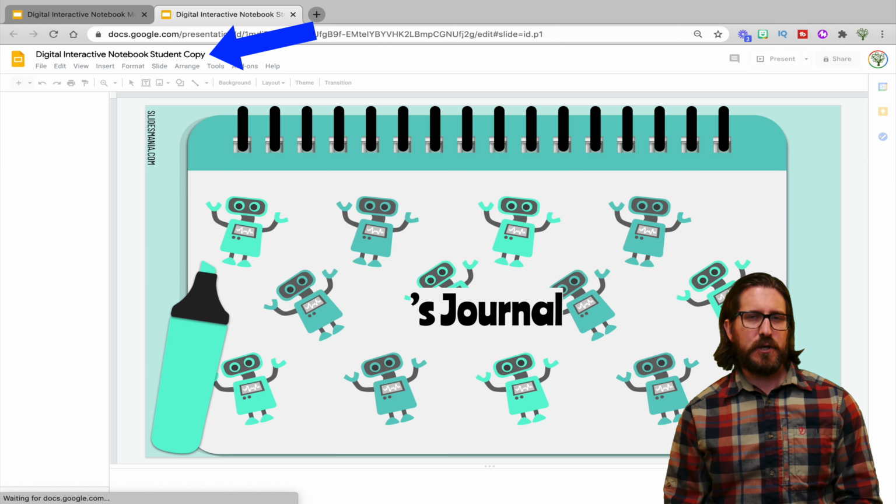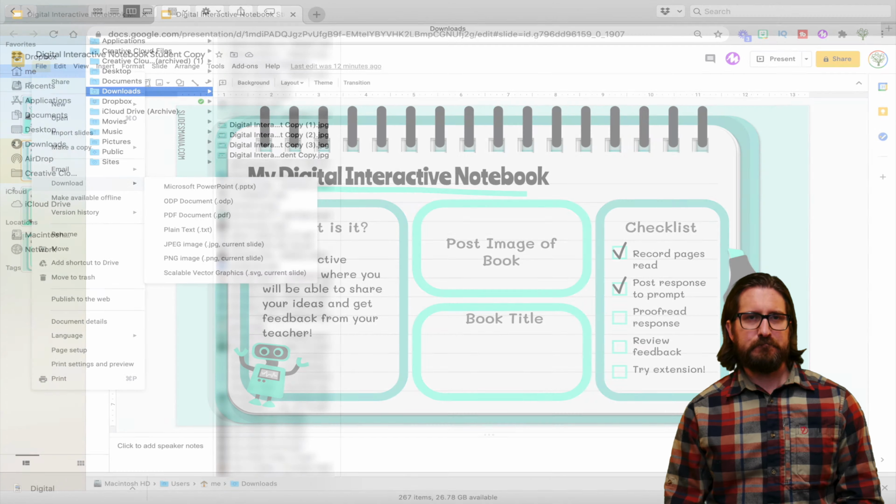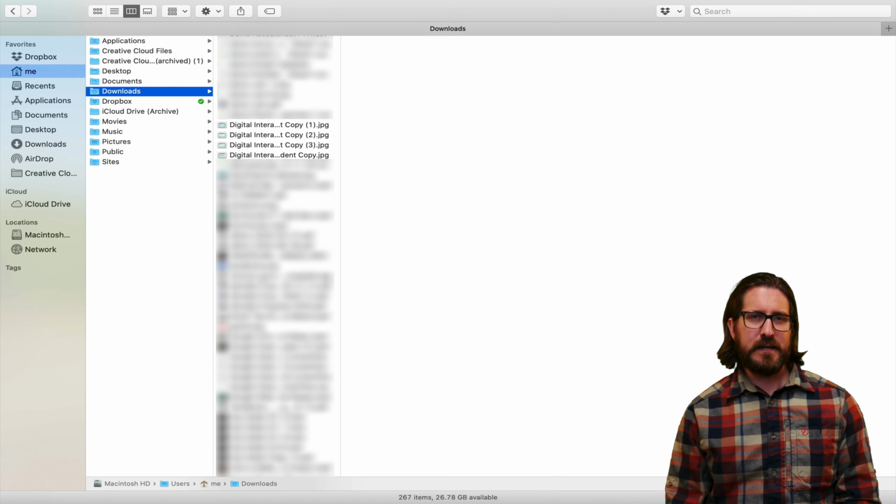Okay, now that I've set up my notebook and slides, I'm going to need to download them as image files in order to add them as backgrounds in Jamboard. To do that, go back up to File, scroll down to Download, and then choose either a JPEG file or a PNG file. Repeat this step until you've downloaded all the slides as image files. I like to make sure everything is nice and organized, so I suggest that you create a folder so that you can keep all of your images in a single folder and easily find it later.